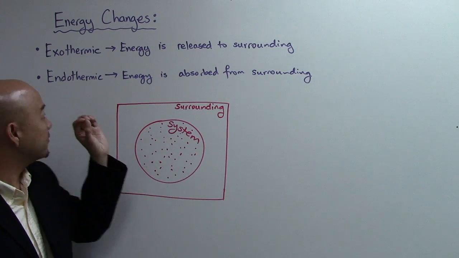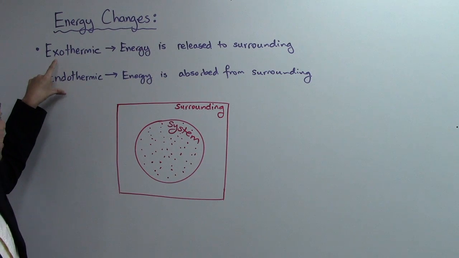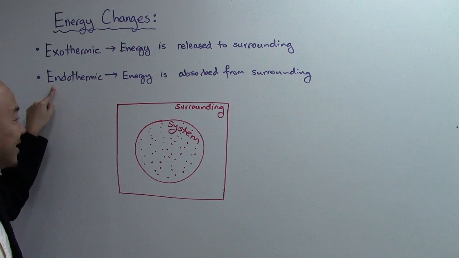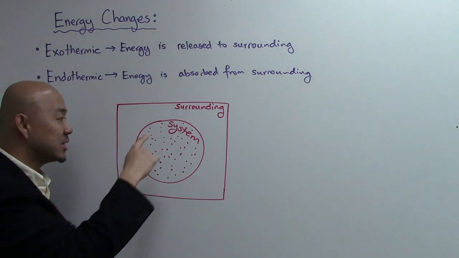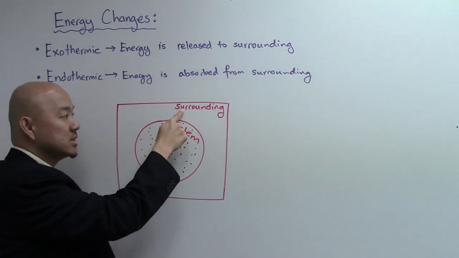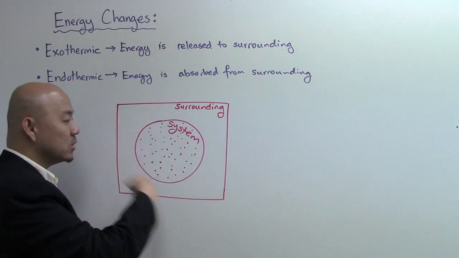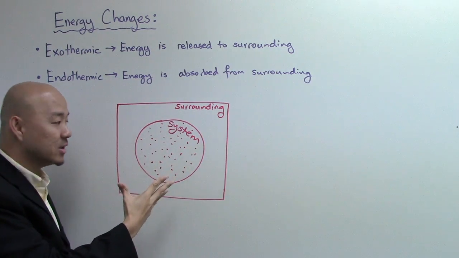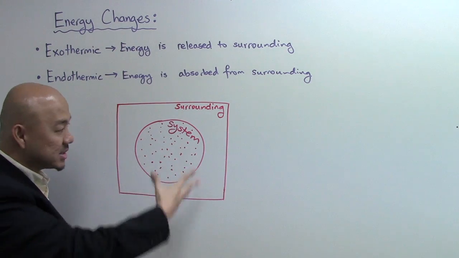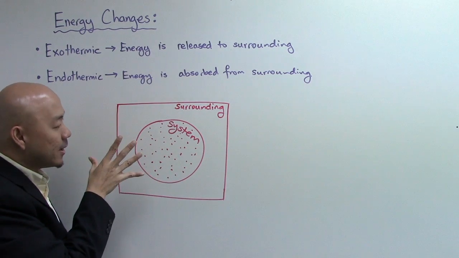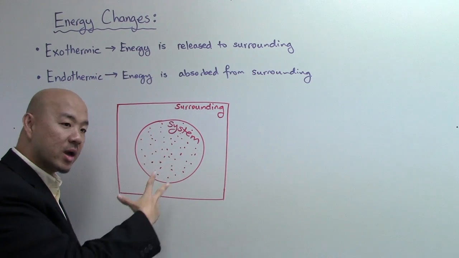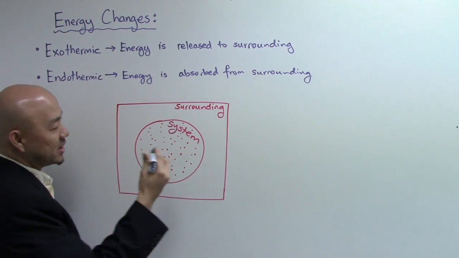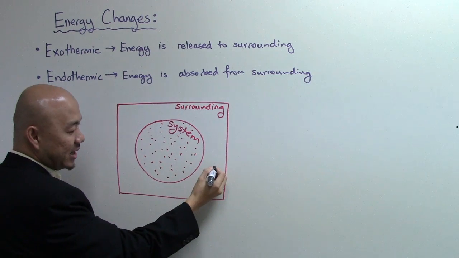Alright, now, but before we carry on further, it's important to know that there's not just these two words which start with E. There are another two words that I want you to know that I mentioned earlier on, called the S. Surrounding and system. You always should have this diagram, a very basic one that I came up with to help my students, alright, to understand this concept. Alright, you should have this in your mind when you come across questions on energy changes. So what I'm saying, now, if the energy